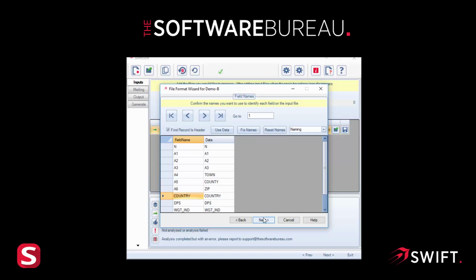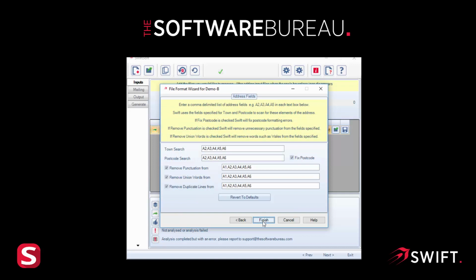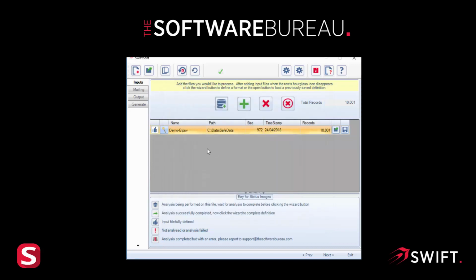If I click next, there's a bit of processing we can do here for cleaning some of the data a little bit, such as putting spaces into postcodes, removing punctuation, duplicate lines and that sort of thing. Have a read of that. You may wish to do it, you may not. I'll leave all the defaults as they are. Click finish, and this file has now been imported and is ready to move forward to the next step. So if I click next,